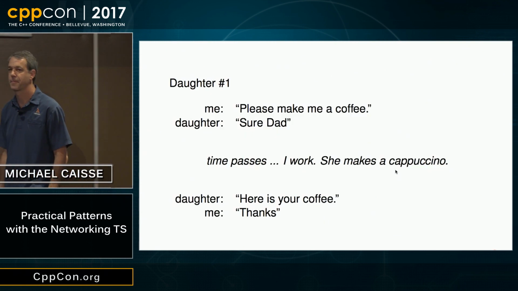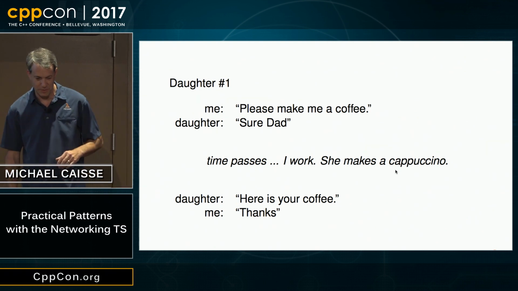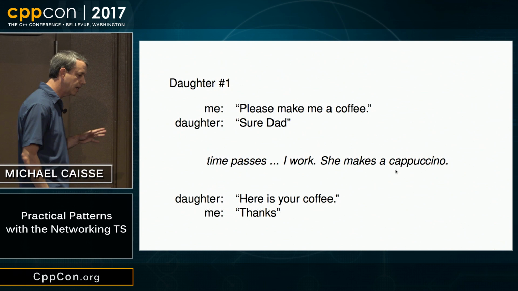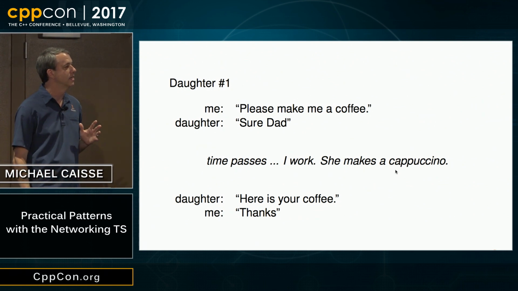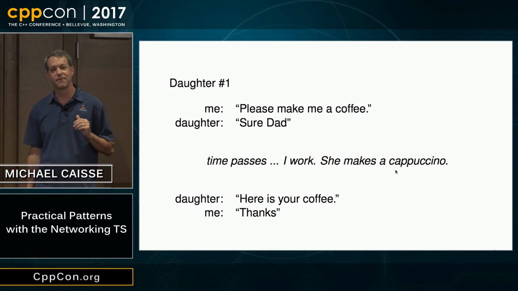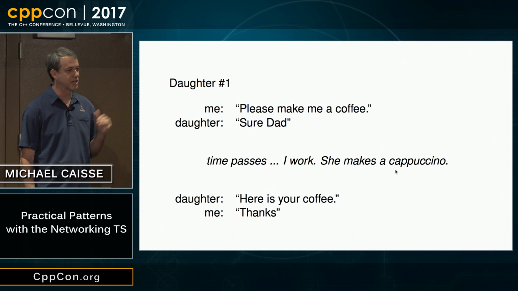All right, I've got 3 daughters. They're all adults now, but when they were younger, they would make me coffee, and it was great. In order to live in our house at the age of 5, you have to work the cappuccino machine. Otherwise, you have to move next door.